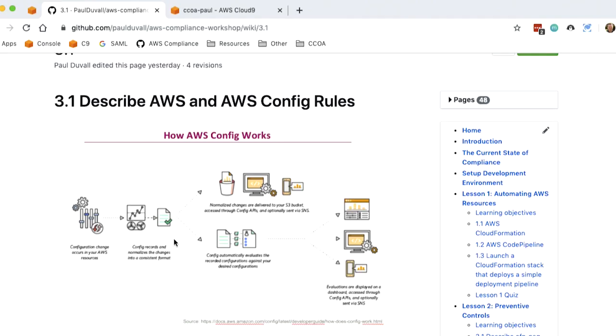So in this sub-lesson, we're going to be talking about AWS Config and how you can evaluate, assess, and audit your AWS resources against your own compliance requirements. It's one of the key services that allows you to perform compliance and automated compliance in your AWS account. If you look at this diagram, imagine you have a configuration change that occurs on your AWS resources. AWS Config natively supports right now 27